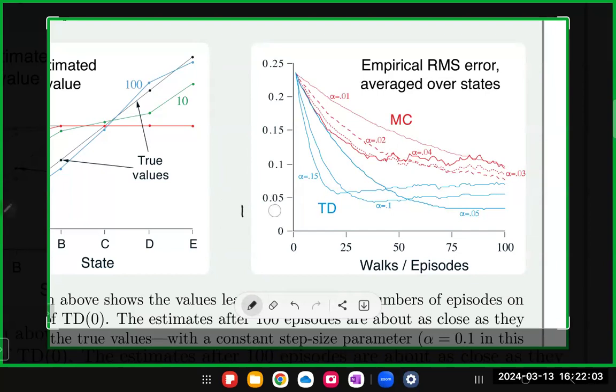And theoretically, at least the authors mentioned that there is no clear winner between Monte Carlo and TD. There is no theoretical proof as to which is strictly better than the other. But empirically, on many MDPs, they have observed that TD generally performs better than the Monte Carlo methods. Okay, as seen from this particular example also, the TD method seems to perform better than the Monte Carlo methods, right? Within 100 episodes, the TD error is much lesser than the Monte Carlo errors. Okay,